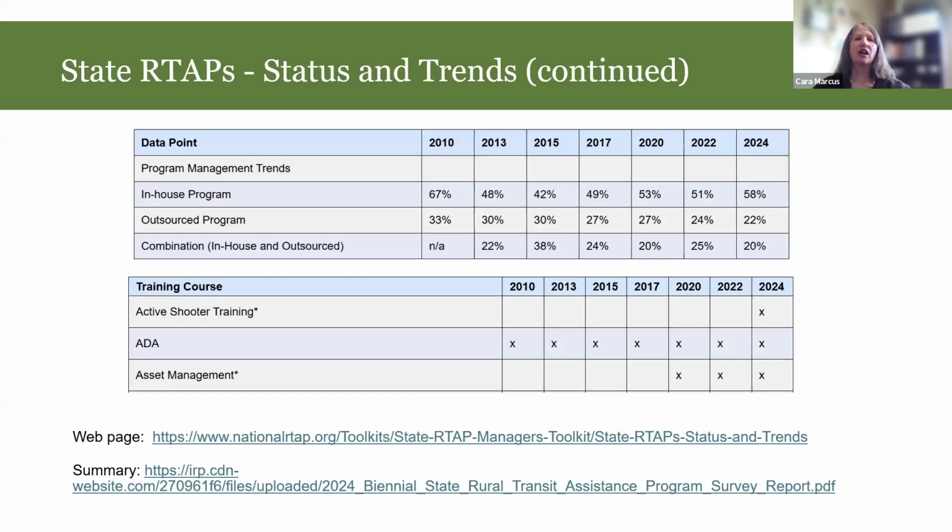So we show data all the way from 2010 to 2024. You can see that with management of state RTAPs, they've changed from being mostly in-house to both in-house, outsourced, and a combination.